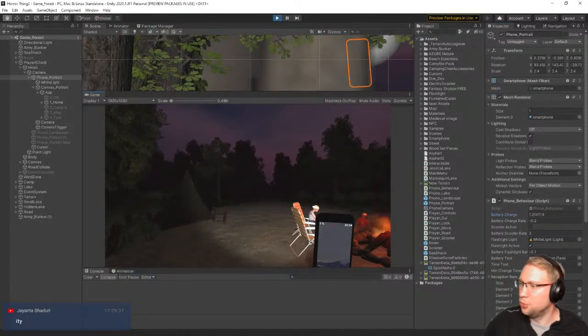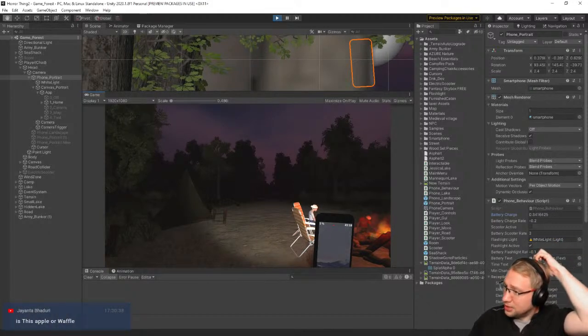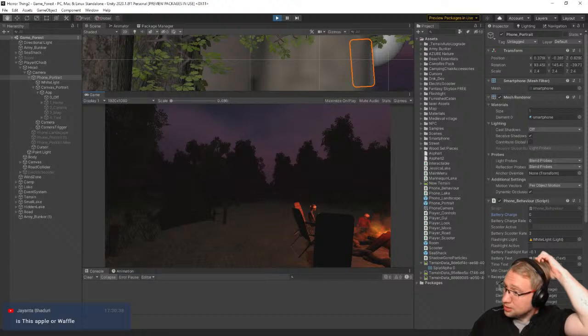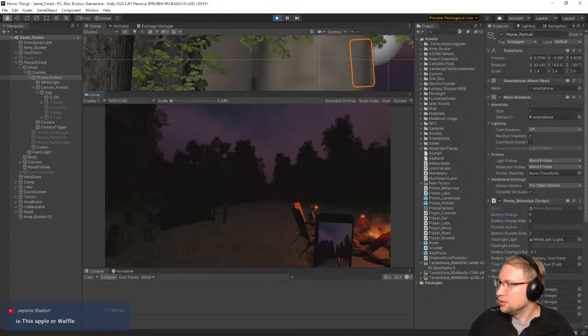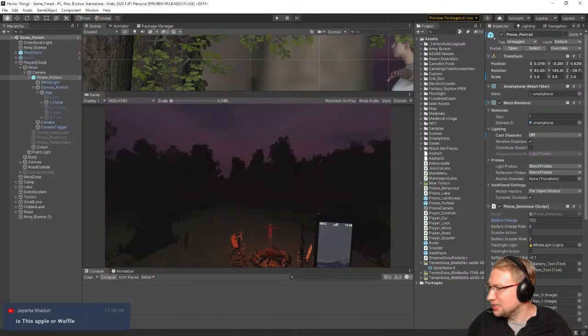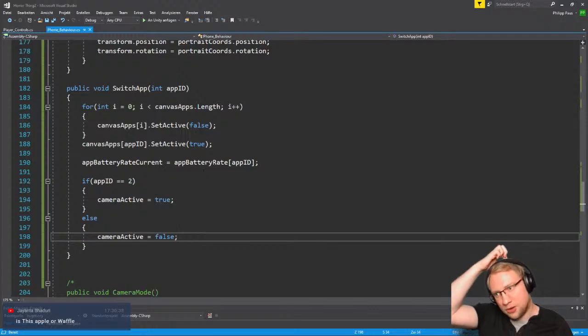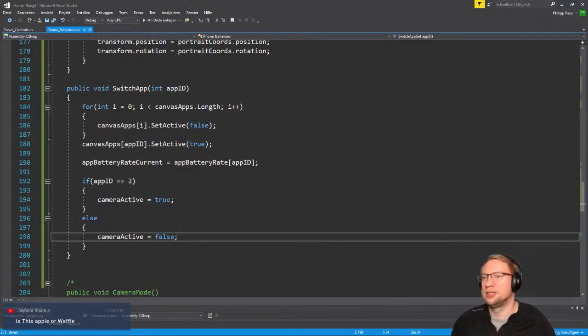Let's see, does it actually work? Battery charge is almost at 0. It's at 0. Oh, it flashes, but that's it. That is surprising. Because in the phone behavior here,